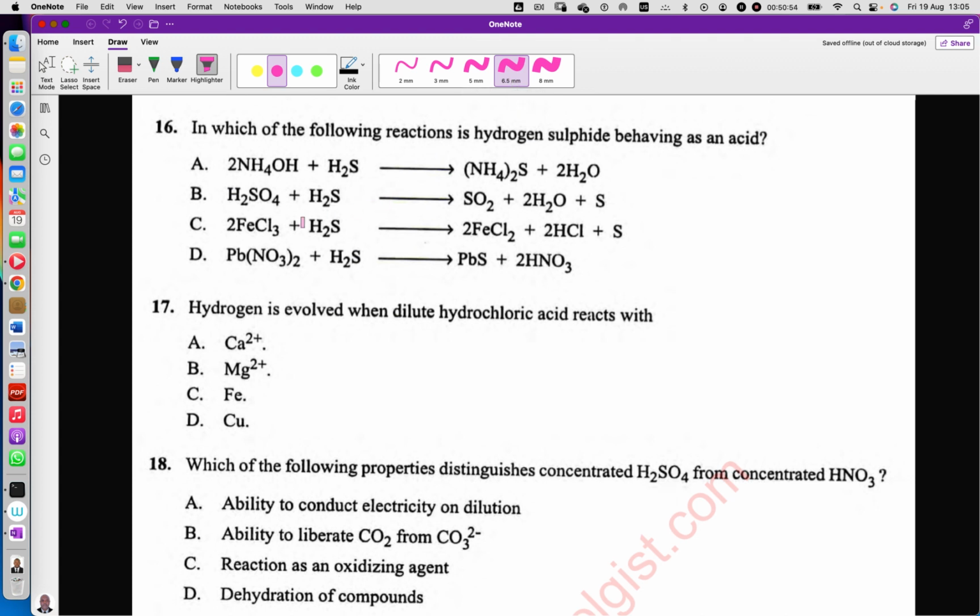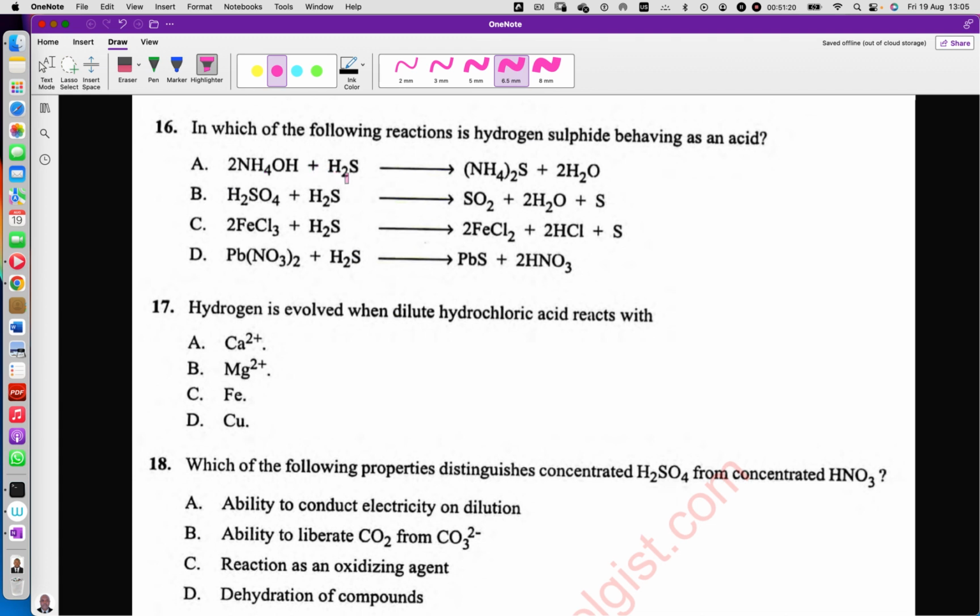So now, here, it's not acting like that. Two acids, sulfuric acid and hydrogen sulfide, are not acting here like that. So the only place that hydrogen sulfide will be behaving as an acid is this one. When it reacts here,